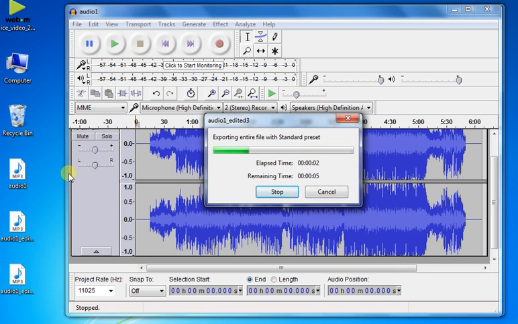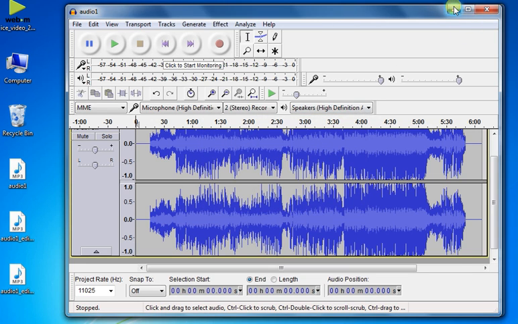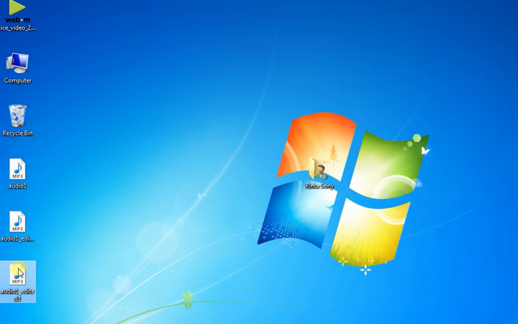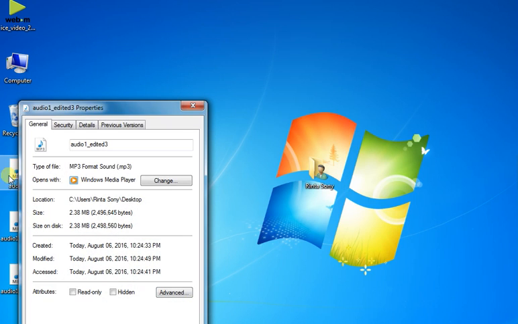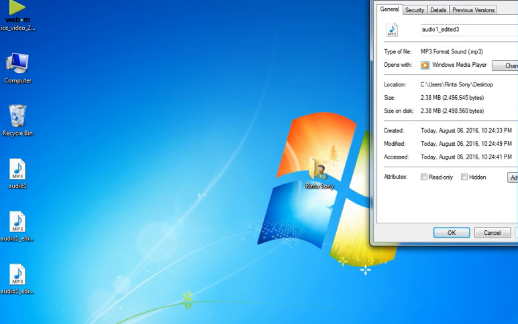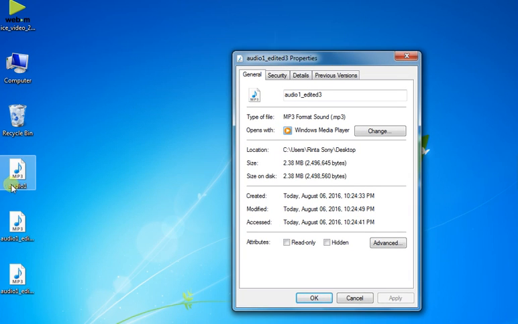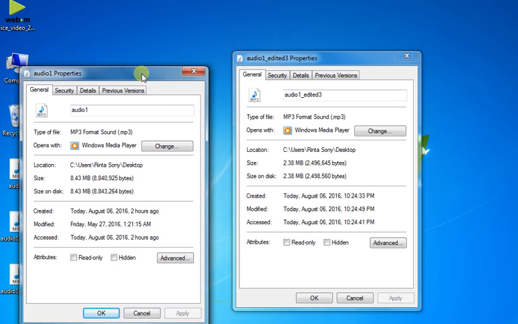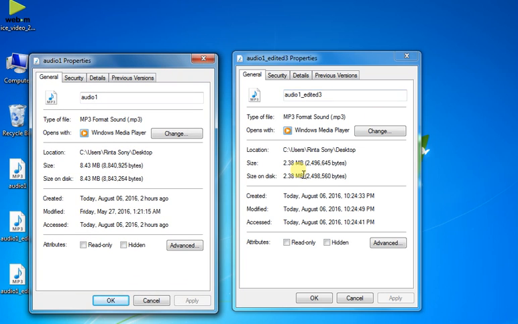And again, it takes a few seconds to export the audio. Now as you can see, the audio is loaded over here. So when you check the size, it's almost reduced to 2.38 MB. Initially it was 8.43 MB. Now it is almost reduced to 2.38 MB.